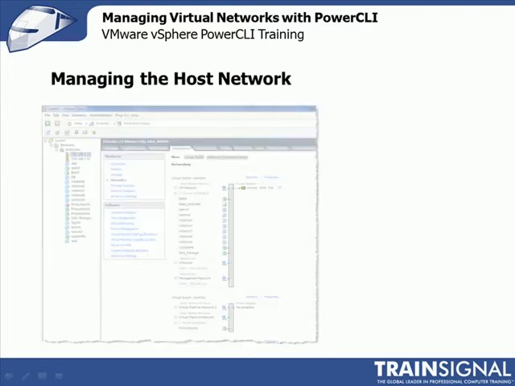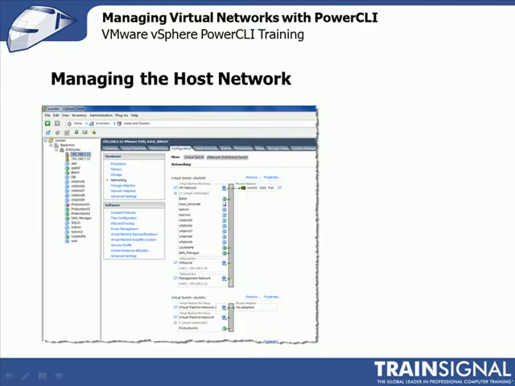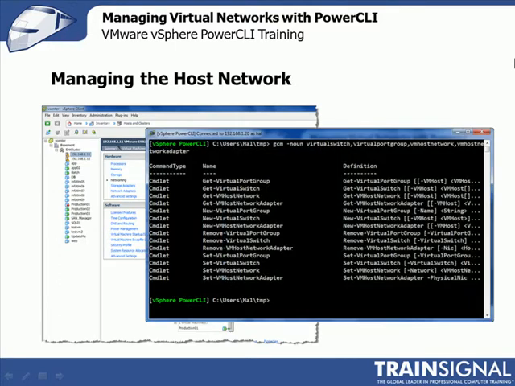Okay, we're going to now talk about how you manage the host network. There's a bunch of commandlets which we're going to be talking about here, and I want to remind you that we're just going to start off in several different pieces. We've got, first up,